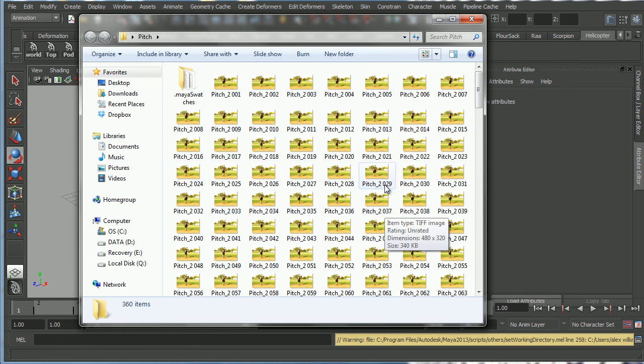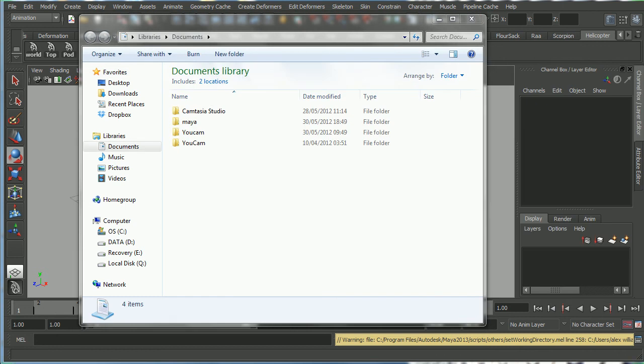Now what we need to do next is to drop these images in the work folder that we're actually going to be working in. So what I'll do is I'll just select the entire folder. That's probably the easiest thing. So what I've basically done is I've copied that particular folder, and I'm now going to paste it in my